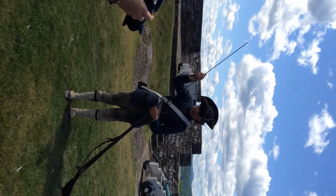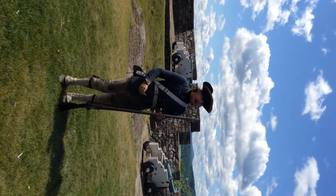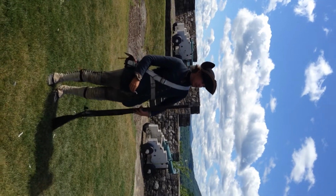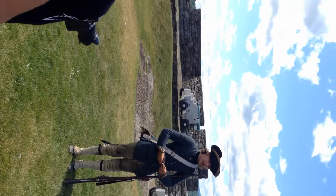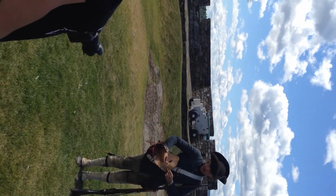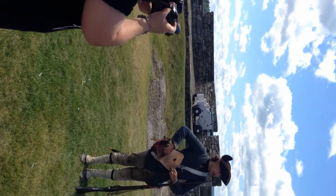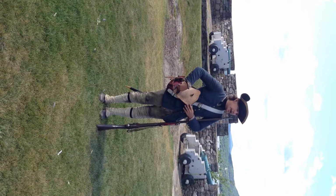And as soon as you've done that, this weapon is loaded and ready to fire. And a trained professional soldier is expected to do this once every 10 to 15 seconds. If you do the math, it's about 4 to 6 shots every minute with these weapons, which is pretty darn fast. And what you see in front of you are 4 very well trained, very professional, strikingly handsome soldiers of